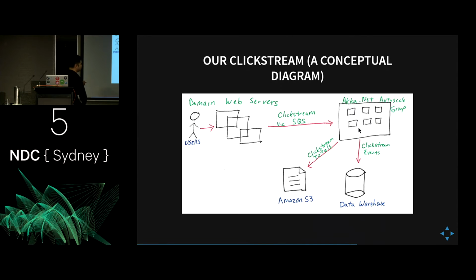So how this works is that we found that we had to save it in a couple places. We had to save it in S3 so that we could export it into Redshift. And at the same time, I didn't put it on the diagram, but we had to save it into Elasticsearch, because what we found is that even though in theory, if we had 2 copies of the same data, one going to Elasticsearch, one going to S3, they should be identical. At the end of every day, we always found that there were some messages that were dropped.